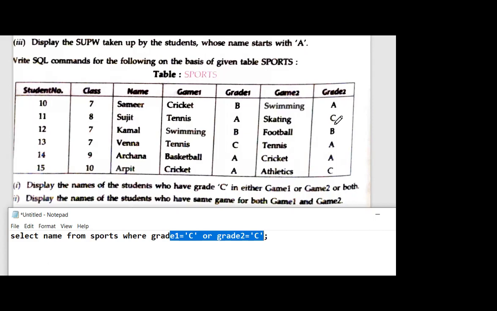Yes, Vivina, correct. Very good. Vivina, you have to see the name of the table, fine? It is sports this time. Vanshika, correct.